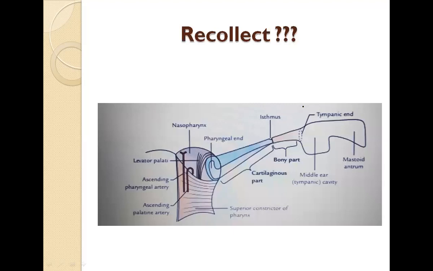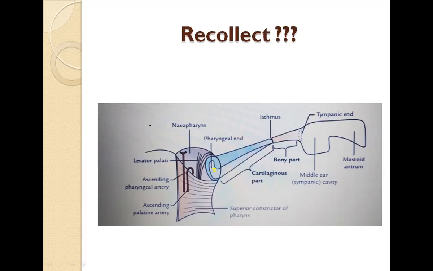Okay, a few basic points about the auditory tube. The auditory tube in an adult is approximately 36 millimeters in length. Generally the auditory tube is closed during normal physiological conditions. This part is the main part of the opening, the opening of the auditory tube. This part is generally closed, and it opens only when you are eating or yawning. So this is a point to be noted: the auditory tube is generally closed, and it opens only when you do activities like eating or yawning.